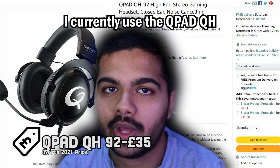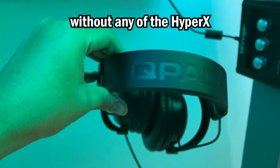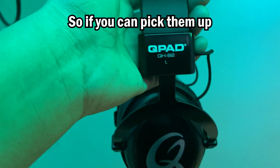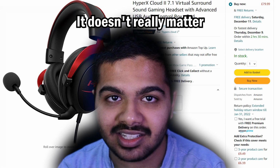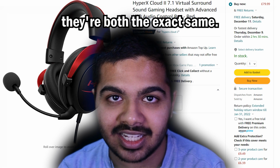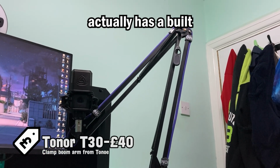I currently use the QPad QH92 as my daily driver headset. They're basically the same as the HyperX Cloud 2s, but without any of the HyperX branding. QPad actually makes these headsets for HyperX, so if you can pick them up for cheaper than the HyperX Cloud 2s, go for it. If they're the same price, it doesn't really matter what you go with, they're both the exact same. These stay hidden under my table because my Toner T30 boom arm actually has a built-in headset holder,